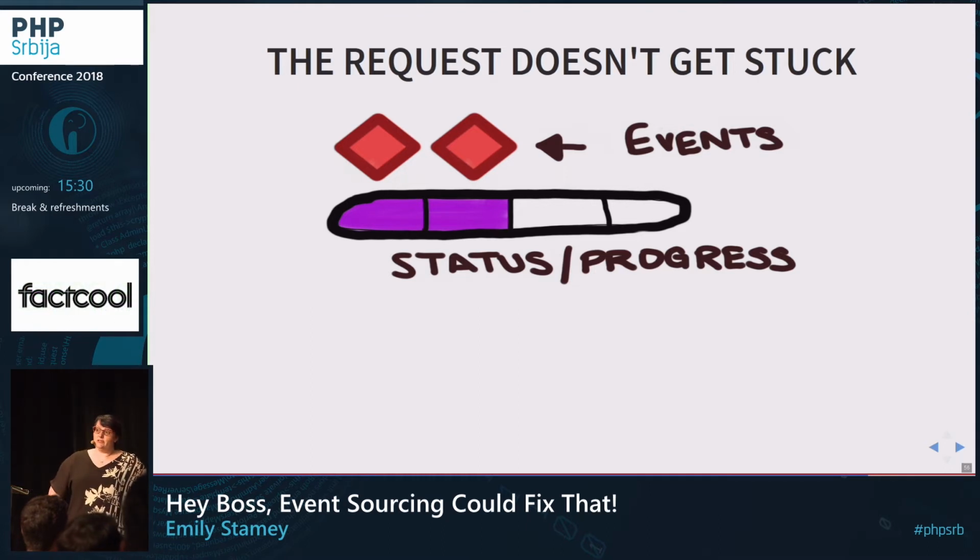So what we started to do was recognizing these changes, these steps in the process as actual events, and interpreting those events to figure out where the request was in the process.